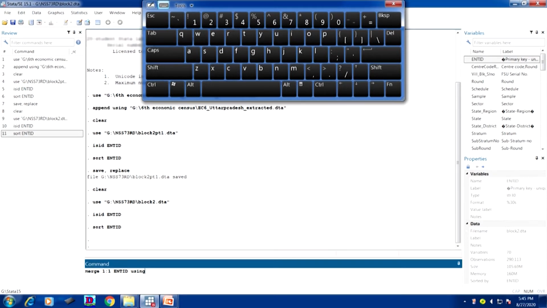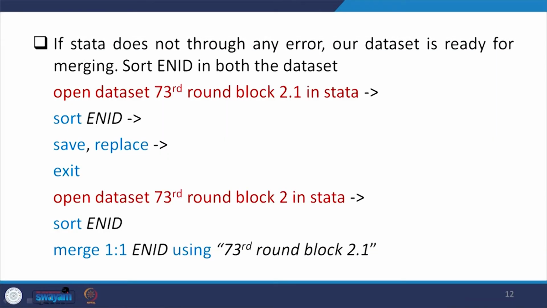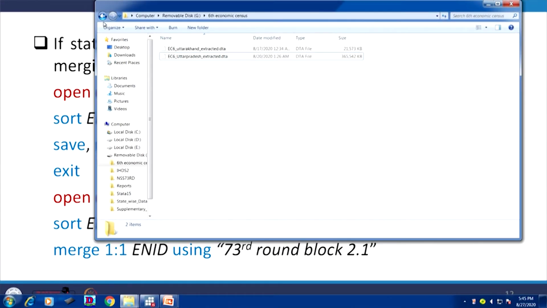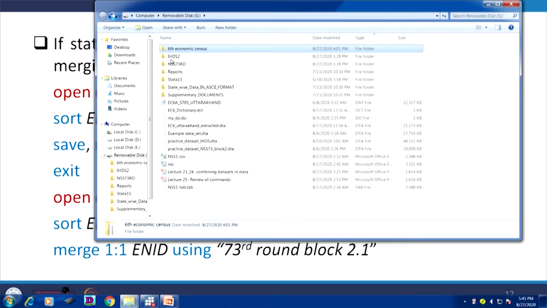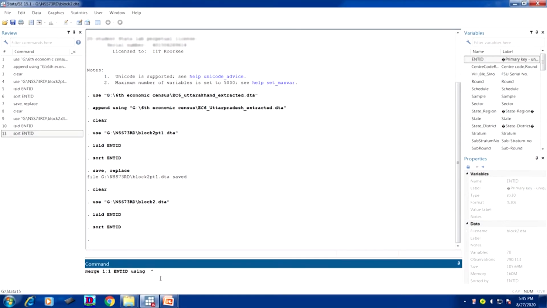okay, using. Now, the path has to be defined. So, what is that path? You need to go to that file, no, it is there, all right. So, here is the path, no, this is the 6th economic census, we are going to open the 7th. So, now the path is 2.1. So, let us copy that, copy address the way we did every time. Now, I am going to paste it.